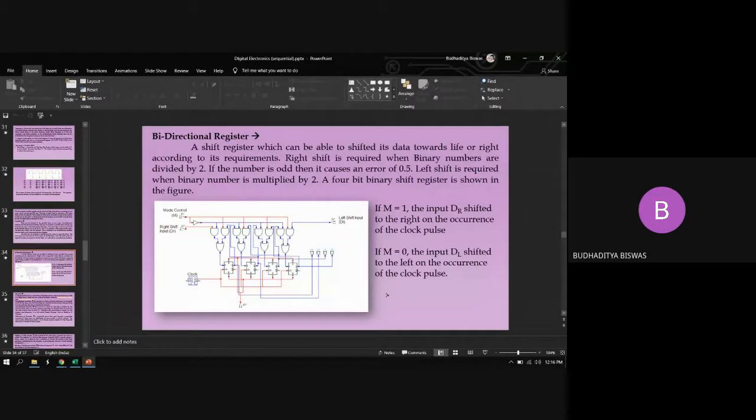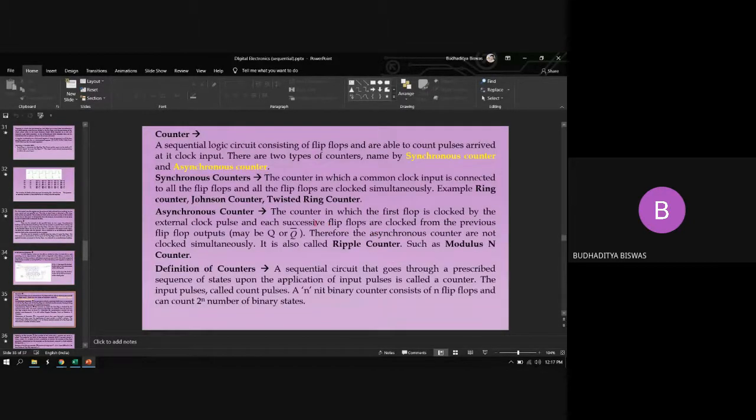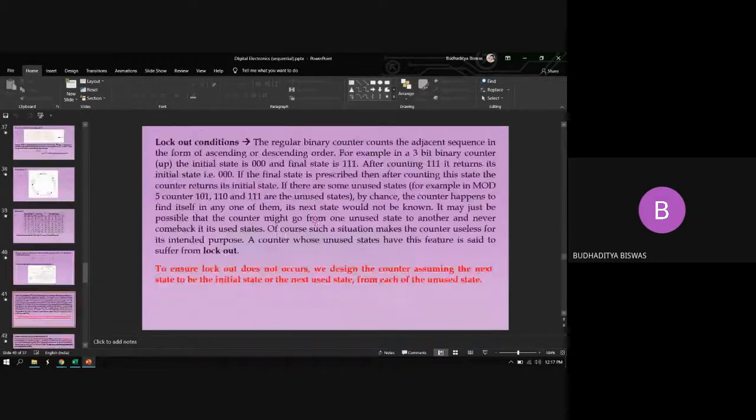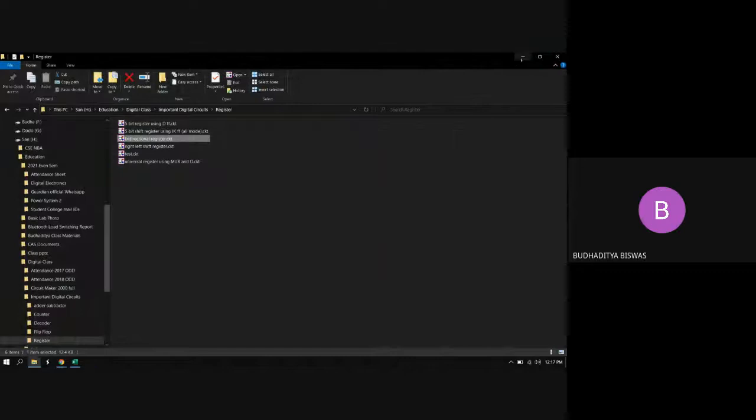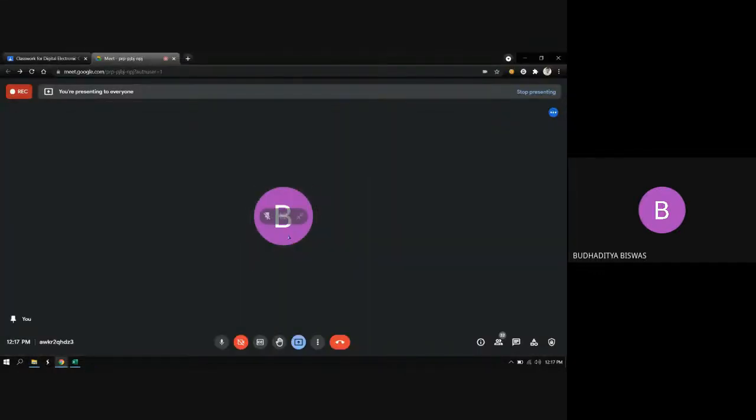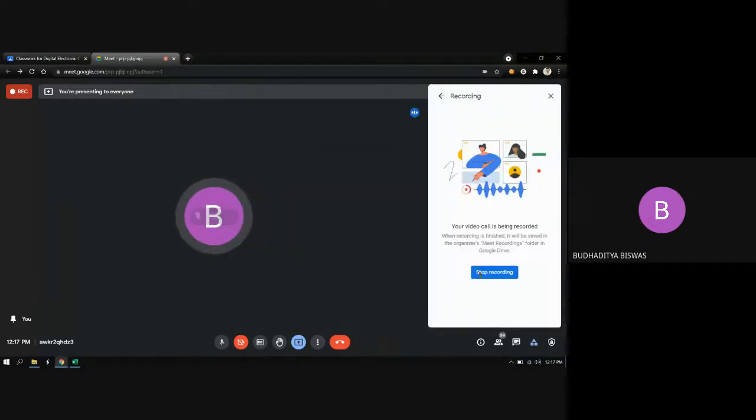The counter is not started yet. So up to the register, you can easily solve every question. Okay. So next day, we will start the counter. That is also a very important topic. And after this one, another two circuits are there, which are called the Moore and Mealy circuits. That is actually the technique of how the actual circuit is implemented in digital logic. So we'll cover this one after we finish the counter.